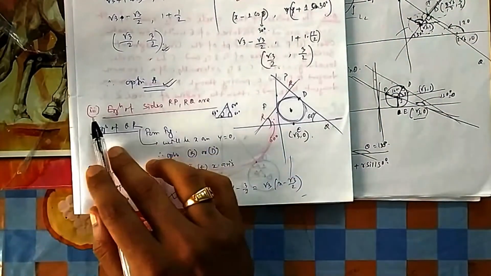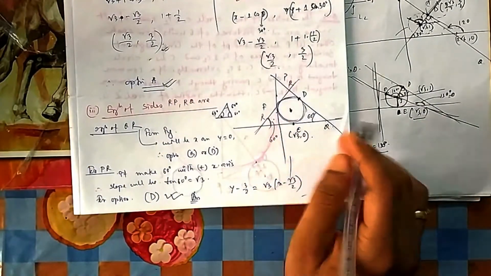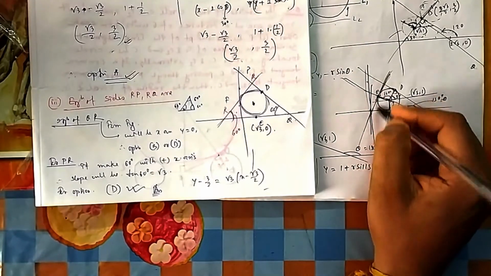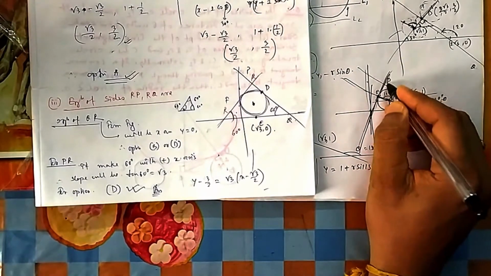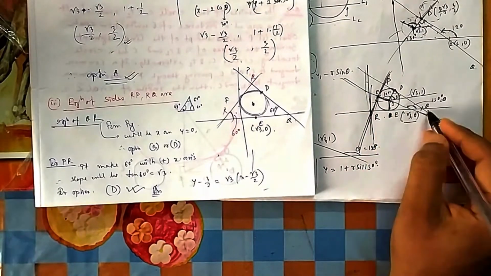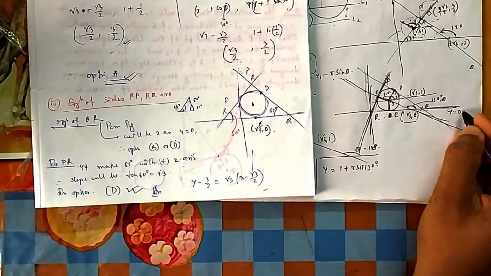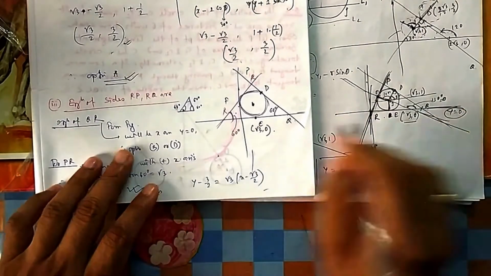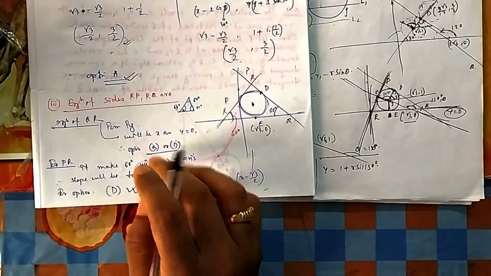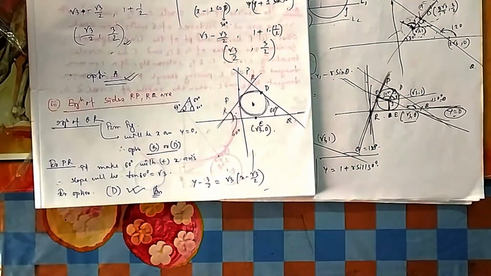Next you come to equation number 3, equation of RP and PQ. So PQR, these are the 3. This is P, this is Q, and this is R. This was the PQ line. So obviously the QR line, you know this is the line. So what is the equation of this line? y equal to 0, because this is the x-axis. So one is obviously the x-axis. From this again you can see it will be either option B or D, because A and C are gone, because one line is obviously y equal to 0.